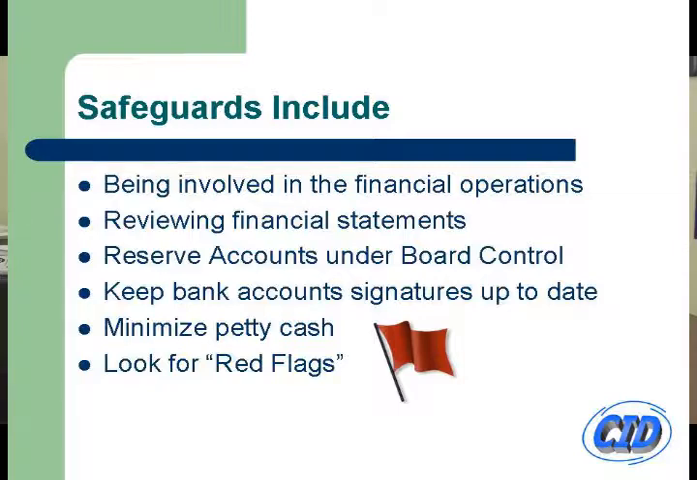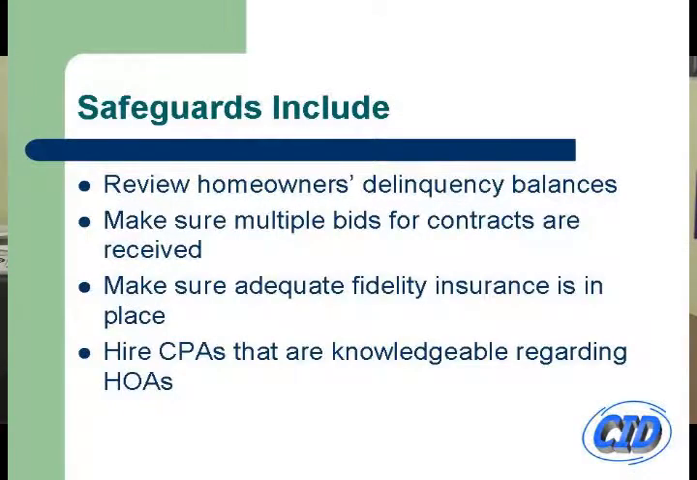You want to minimize the petty cash withdrawals and access to petty cash. You just want to take a look at anything that looks funny or throws up a red flag. If there is something, take a look at it, question it, wonder about it, because if you're not sure in your mind, then ask the question. It needs to be asked. That's your responsibility. You'll also want to review the homeowner's delinquency balances, make sure that multiple bids for contracts are